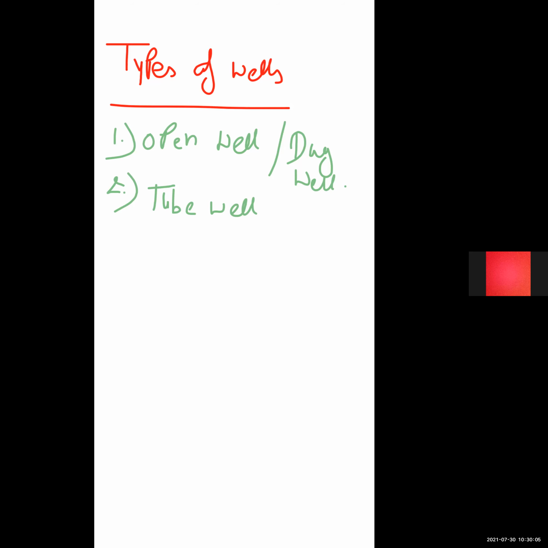If a clay or kankar layer is available at a smaller depth to support the open masonry well, a borehole can be made in its center so as to reach the sand strata. Such an arrangement will not only give structural support to the open well, but will also considerably increase its yield capacity. Depending upon the availability of such a provision, the open well may be classified into two types: the shallow open well and the deep open well.